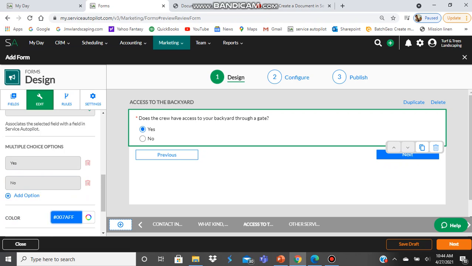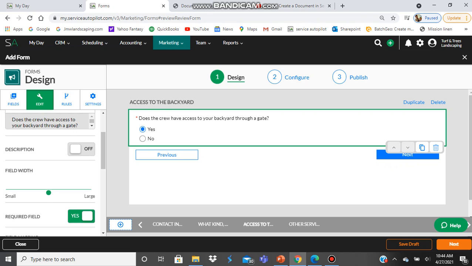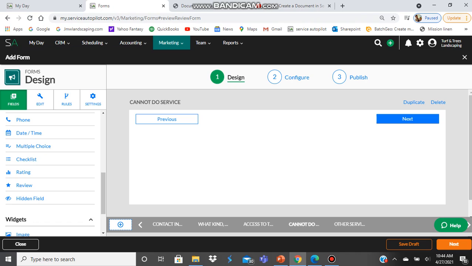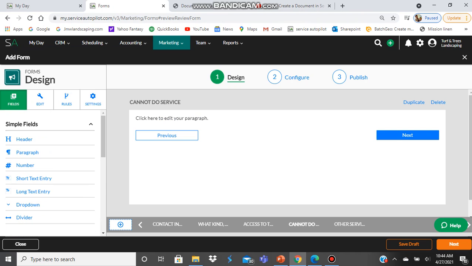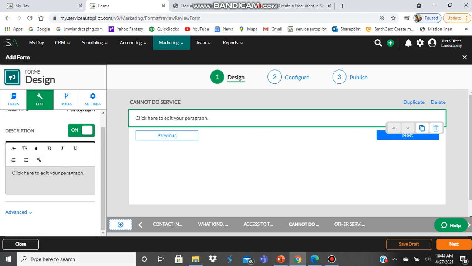So with this, now we can create a rule. Okay, so I'm going to duplicate this page. I'm going to change this to cannot do service. Okay, and I'll delete this and I'll put paragraph here. It says sorry, we cannot trim your trees